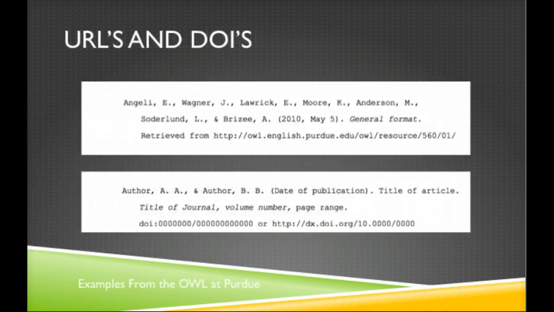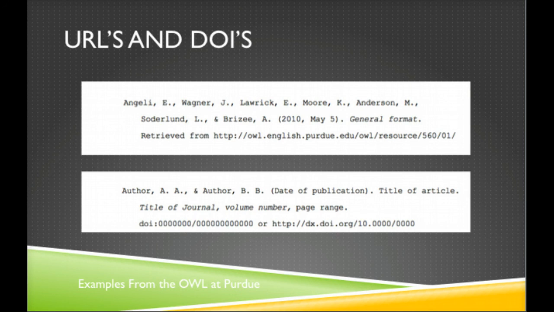One of the important features of an electronic article is the inclusion of some kind of reference so that your reader will be able to find it. These are often referred to as either URLs or DOIs. The DOI is actually the preferred method, but oftentimes we cannot always find these. So we want to do one or the other whenever we can.